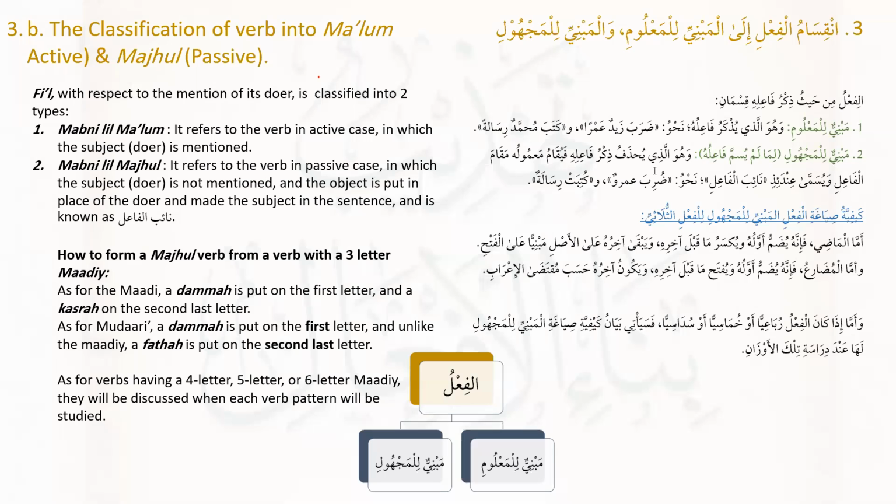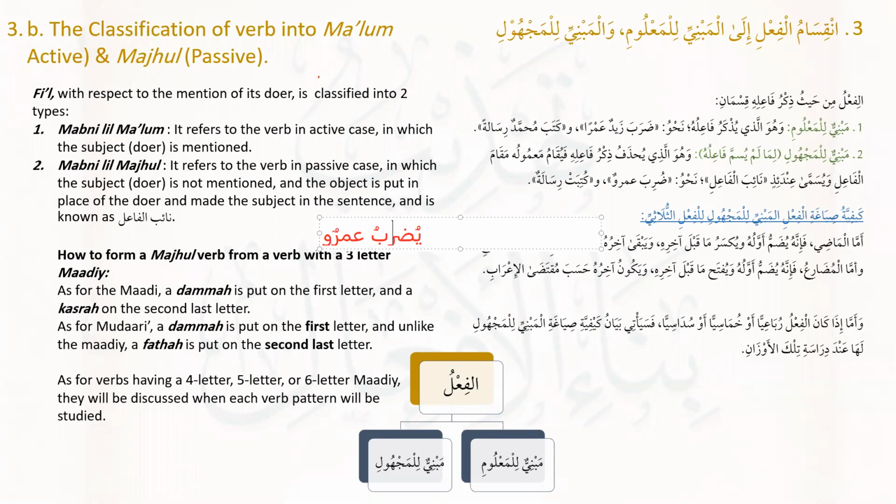Again, the same as the ماضي in the مضارع state as well. So for example, if we have the sentence يضرب زيد عمرا and we wanted to remove زيد from the sentence, so we made the فعل مضارع which was يضرب into مبني للمجهول. We would put a dhamma at the first letter. طيب. طبعا عمرو would be made into a مرفوع now.